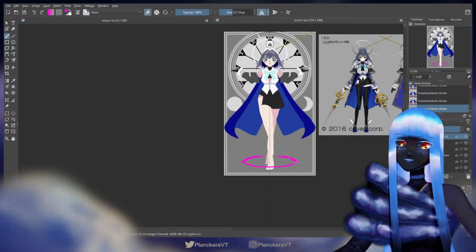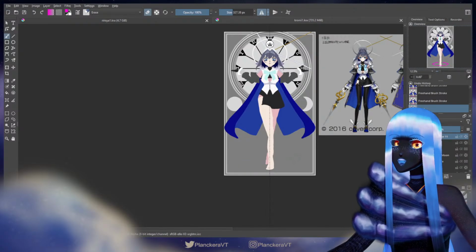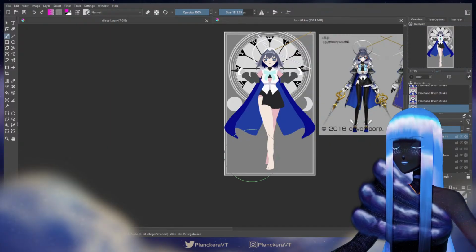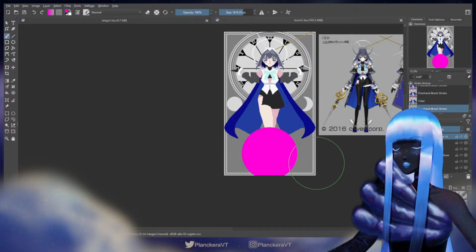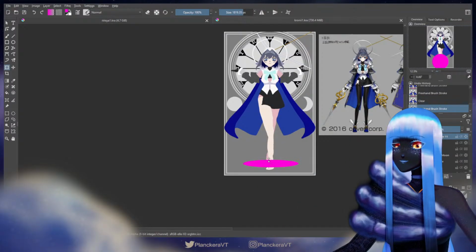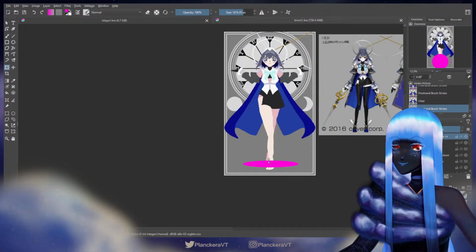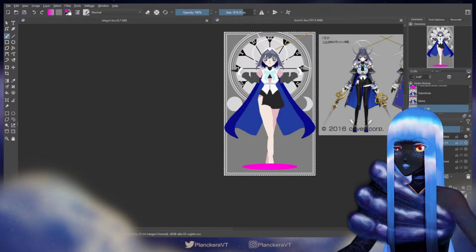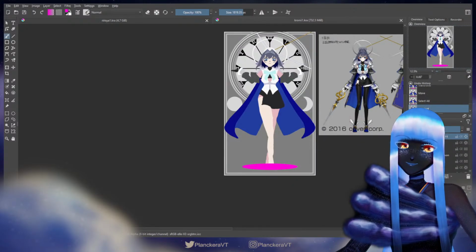Actually, what might be even easier? Yeah. Let's make this even easier on myself. I'm just going to draw a big circle. I am not going to bother centering it or anything. I need the full circle, though. And then I'm gonna... yeah. There we go. Now I can get it flat on the ground. Easy. Plop it right there. And now I can use my little centering tool to center it. Okay.